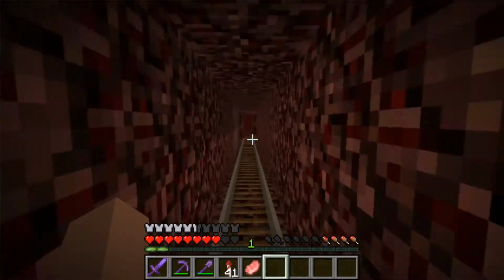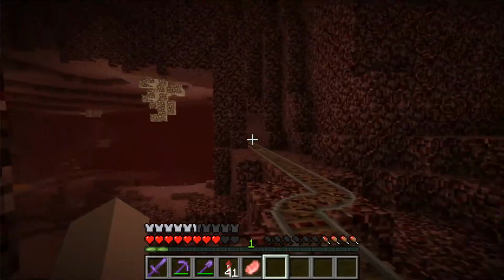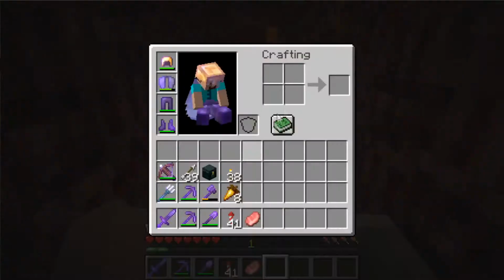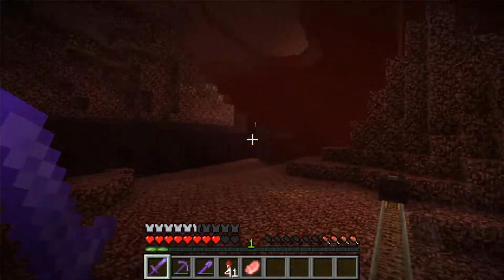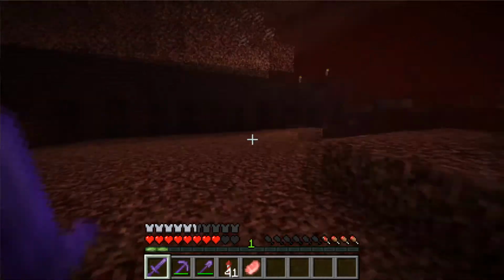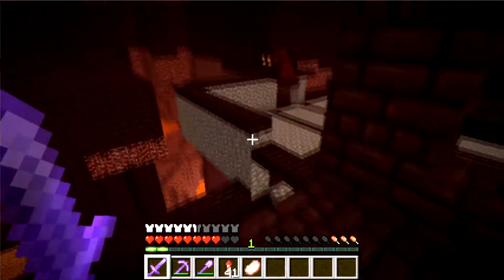Actually, there might be another zigzag. Yeah, slight zigzag. And then now, at that drop there, we'll get to where we're going. Do I have anything? Okay, good, I'm wearing gold. And at the bottom here, you'll be able to see a nether fortress. I don't know if I showed this in the last episode. I don't think I did. But what you'll be able to notice is...